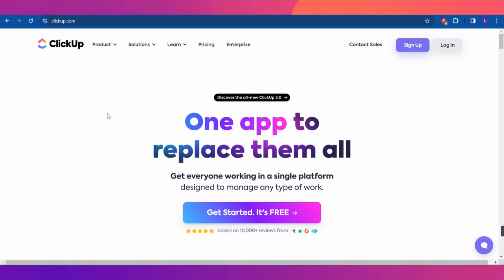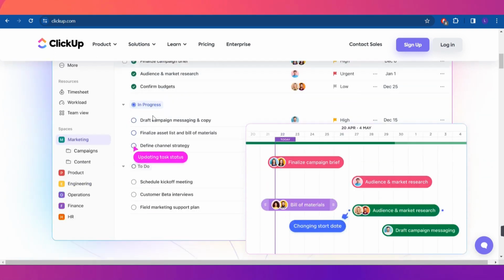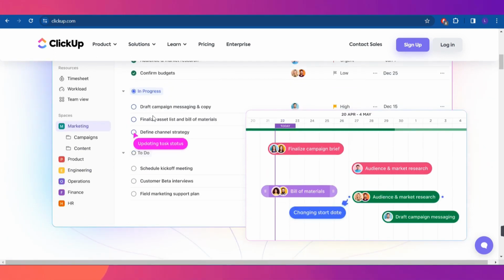It is basically the combination of a to-do list, a project management tool, a document editor, and a chat platform,